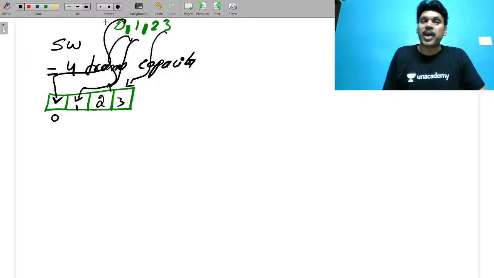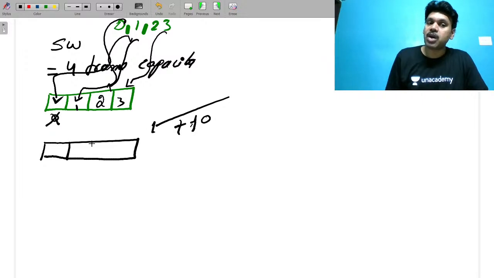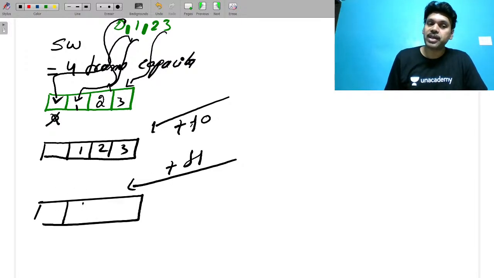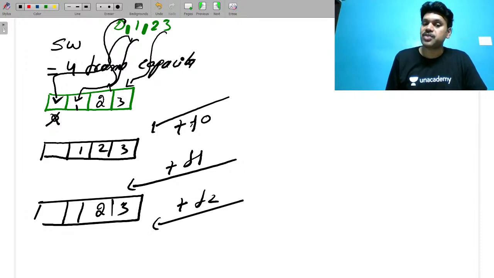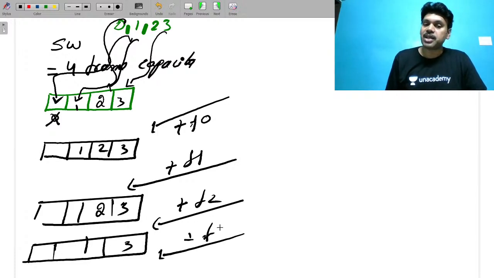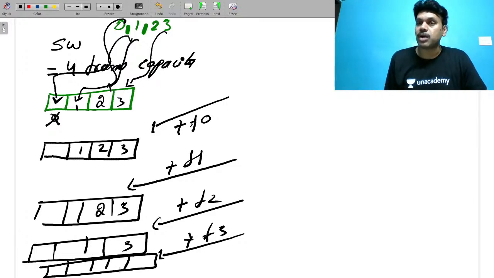When is it going to be expanded? When you get the acknowledgement for the first frame, that is frame number 0, now you have one empty slot. Therefore, your window is expanding. When you get acknowledgement for frame 1, you have 2 free slots, and 2 and 3 are still to be done. When you get the acknowledgement for the next frame, your window gets more slots, so I can insert new frames into that while one is still busy. When you get acknowledgement for frame 3, the window returns to its original position of 4 blocks.